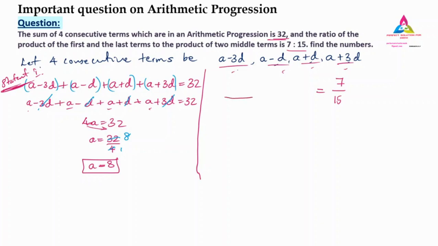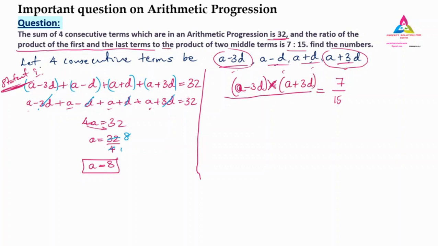So here are the two things they have given, the numerator and the denominator. For the numerator, what have they given? The numerator is the product of the first and the last term. The first term is A minus 3d. The last one is A plus 3d. So here I have to write the product of that. A minus 3d. What do you mean by product? Product is nothing but into. A plus 3d. Okay, the numerator is finished.